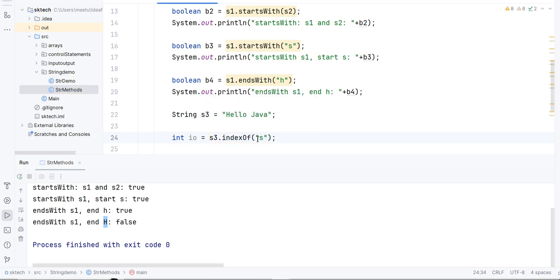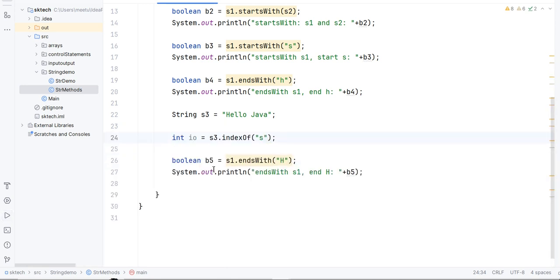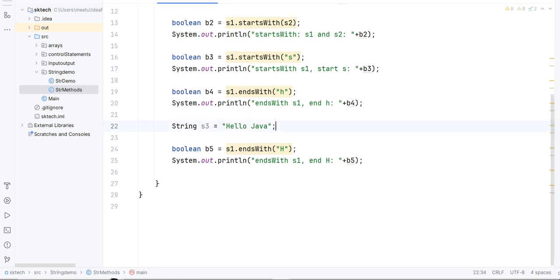Basically this method is called on a string, and what it is going to check is, let's cut it from here and type it here. What it is going to return is, let's say this string is there. If this string contains the string that we have provided, then it is going to return the position of that string, like where it is available.